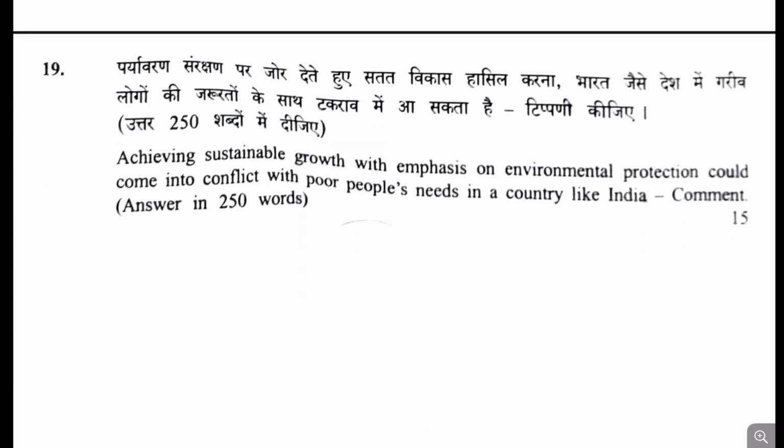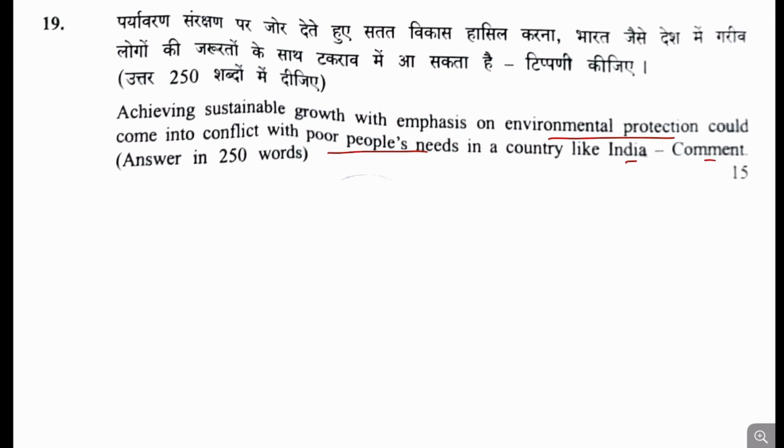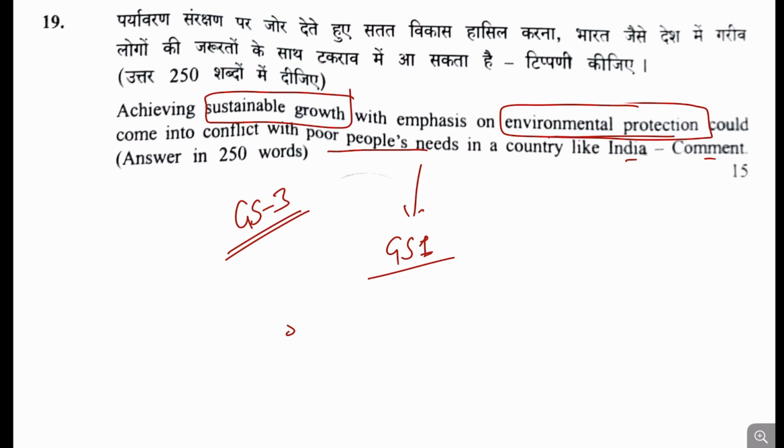Achieving sustainable growth with emphasis on environmental protection could come into conflict with the needs of poor people in a country like India. Comment. See, this type of question, again, is on sustainable growth and also environmental protection. So this question should have been better asked in GS3. But if this has been asked in GS1, I'm not saying that this question cannot be asked in GS1, but it would have been better to ask in GS3. So if this has been asked in GS1, then you should focus on society,